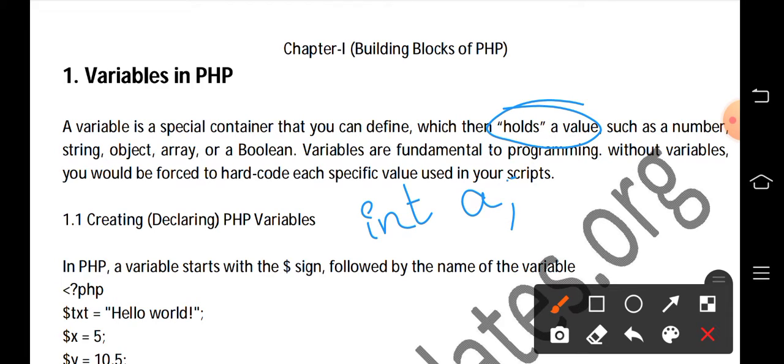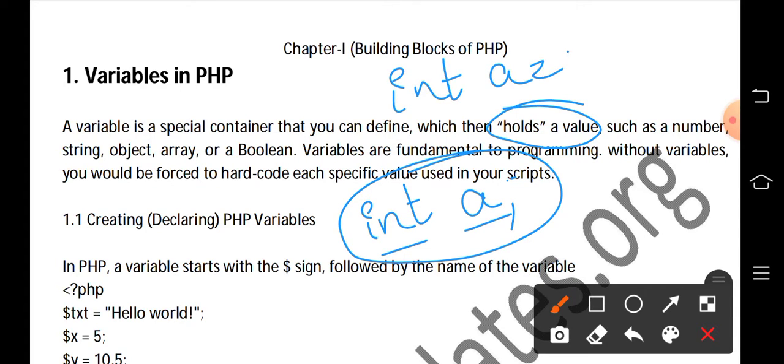You have already learned about this declaration of variables in C language. Integer type of variable, and the variable name is a. And this a can also contain a value, like int a = 5. That means it holds a value. A variable is a container which holds a value.